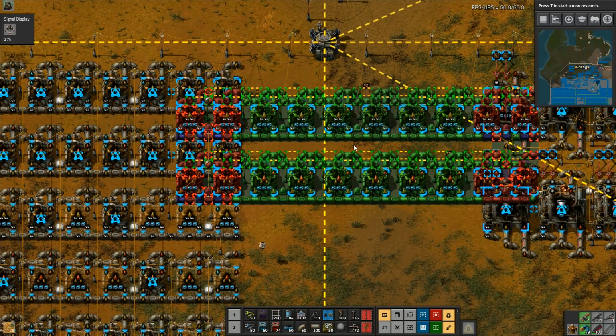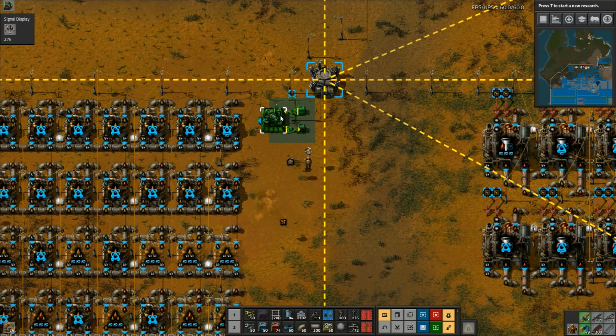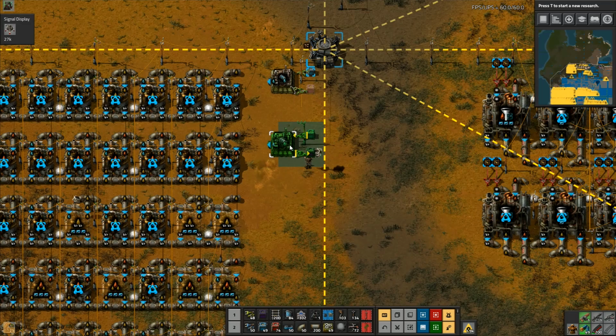So, paste right there, shift and scroll. And there's my debarreling plant. So, I can just set these up like this. And I'll set them... 1...